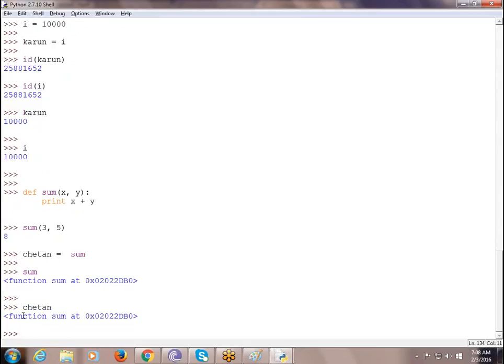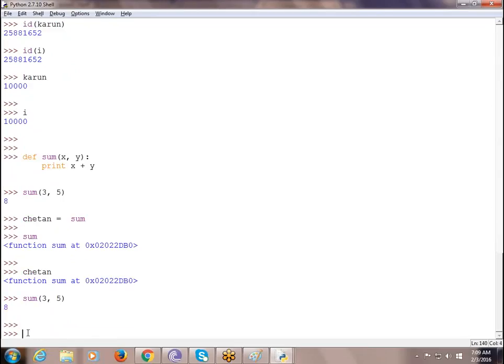Chetan is also a sum function, at this same object location. So generally to access the sum function, I am supposed to call like this only. Now what I have done is, to the same object location, I made this Chetan variable point towards that. Now I can access that function using the Chetan variable also.